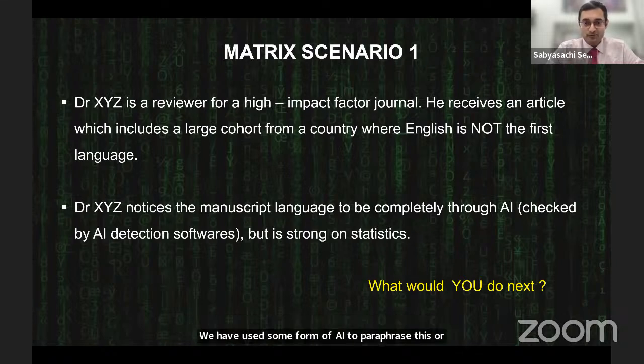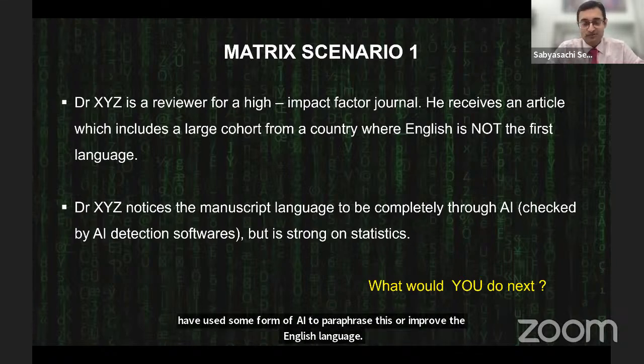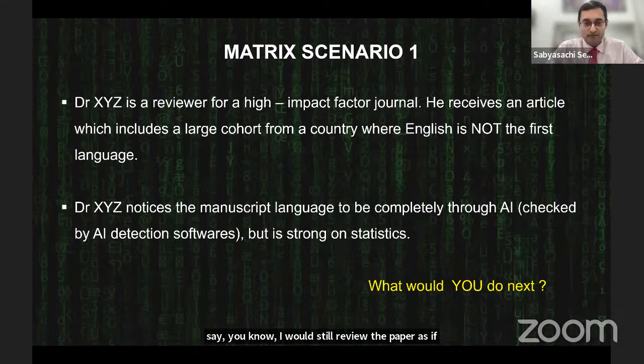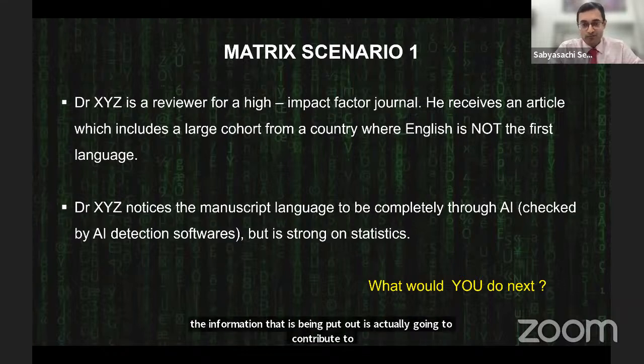And so if that has been acknowledged by the authors, then I would still review the paper as if they have not done anything wrong. And of course, the statistics being strong is sometimes a bit subjective, where for someone it's strong, but for others it may be very weak. So then, given that the statistics are really strong, and the information being put out is actually going to contribute to the betterment of science, I would not put a red tape